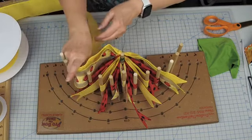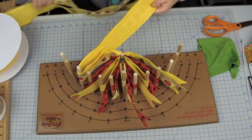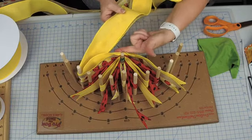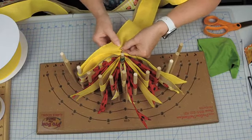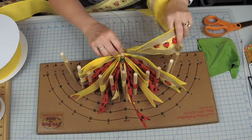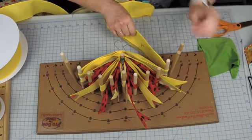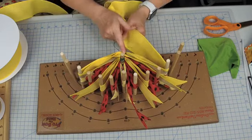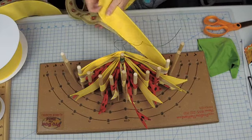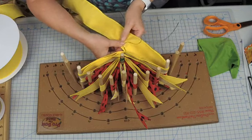So you're going to take both ribbons together. You're going to put them on that first finger. And it's good to have a good amount of ribbon out so you're not having to pull it, yank it and stuff. Then what you do again, put your finger flat, gather it together, twist, and wrap it around this peg. And once it's wrapped, you can let go. You don't have to worry about it going anywhere. Now, if you aren't good at this yet, you can tie it off each time. But once you get good at it, you're going to want to try not to have it real bulky. So again, gather it together